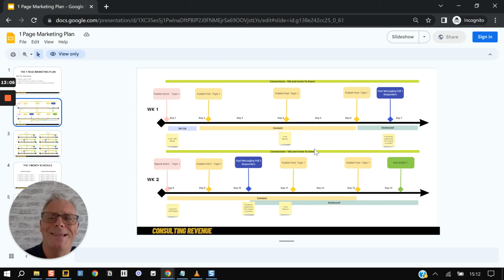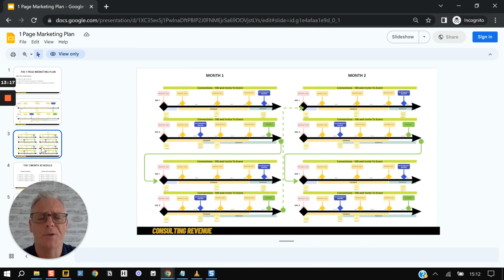So that now is a simple super system where everything is integrated and nothing is left to waste. Cool? So how do we expand on that? So the next way to expand on that is pull it out into a month. So if you look at a month, you have week 1, week 2, week 3, week 4.